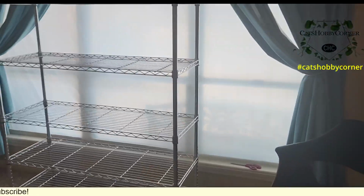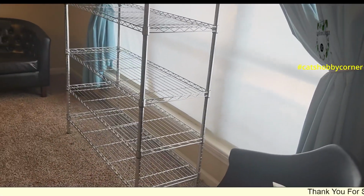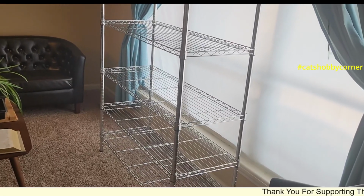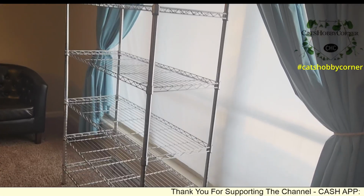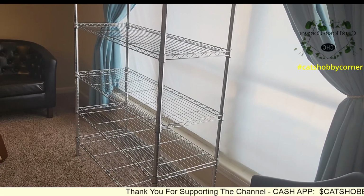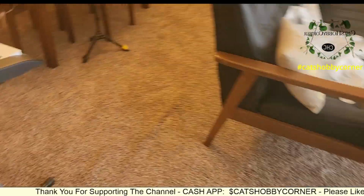Okay, so I told y'all I was gonna put me a shelf up in front of my living room window because nobody's ever in my living room. We're usually camped out in the family room. But anyway, so we got the stand put together, and I'm going to be working on